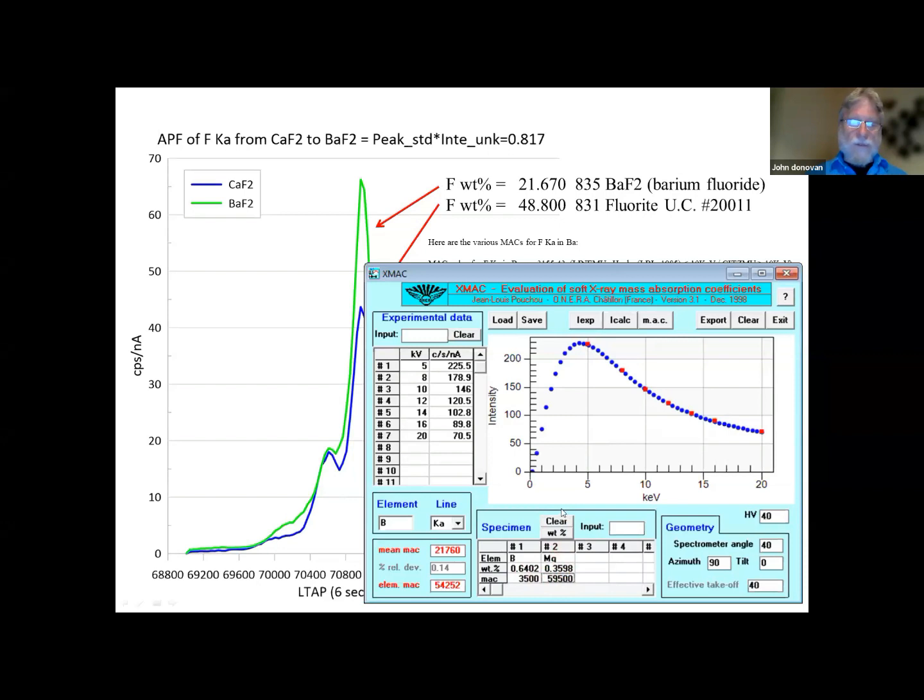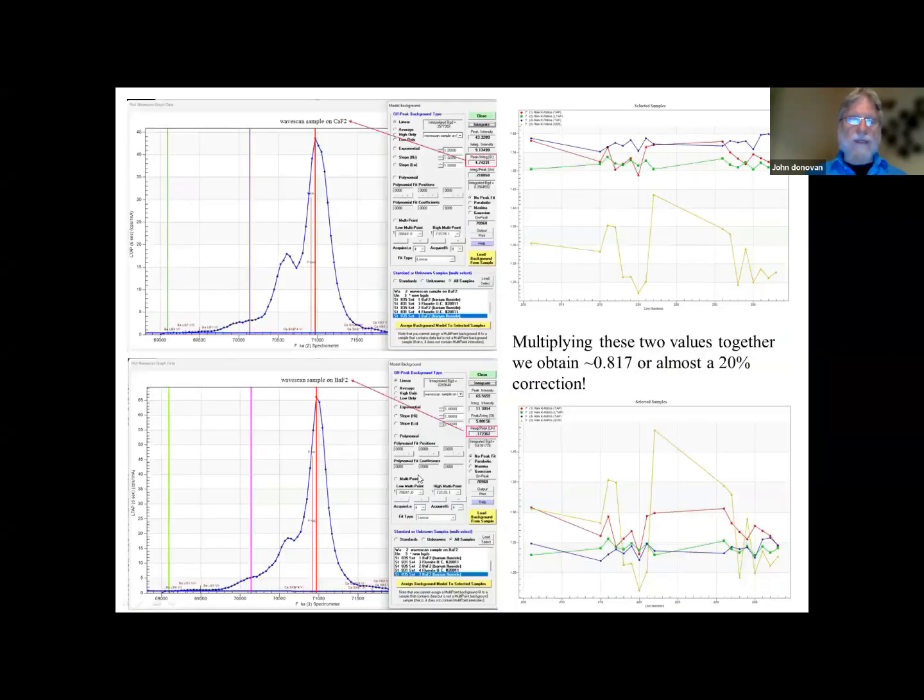All right, so let's keep going. And here is a plot where I've plotted up the calcium fluoride here, and the barium fluoride here, and I've clicked on this integration button here, and it now gives me the